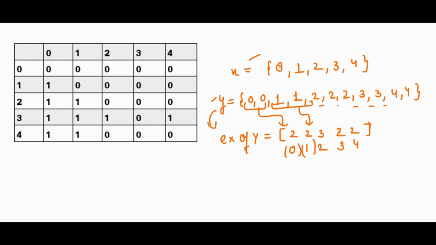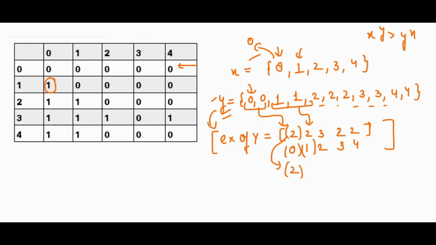So what happens is when I traverse through this array x, I come to the 0th index. Here we have to return 0 because no pair is possible which will satisfy this condition. We have seen that here as well. So we will return 0. For 1, we have to see how many zeros are present in y. This will help us here, so that we don't have to count again and again from the y array. We will just see what is present at the 0th index. There is 2 present, so we just have to return 2.